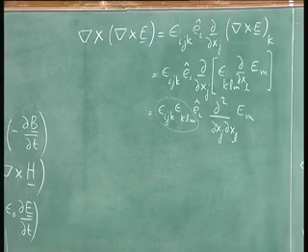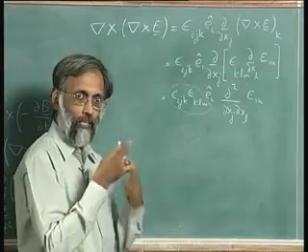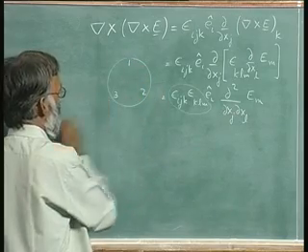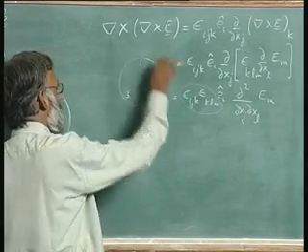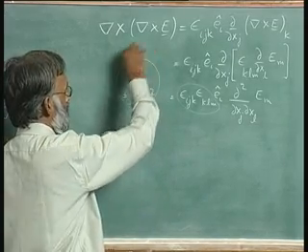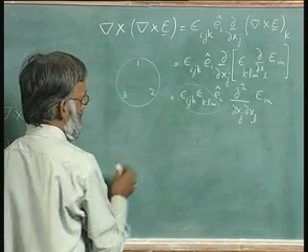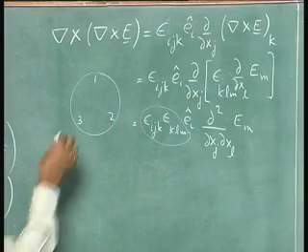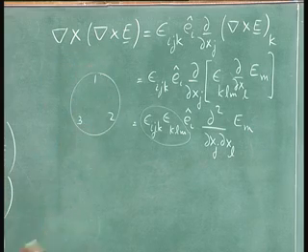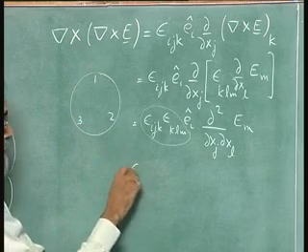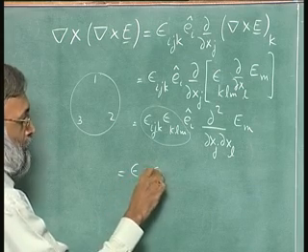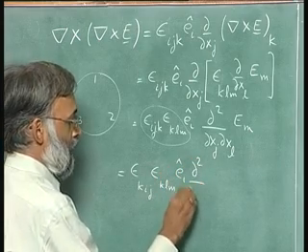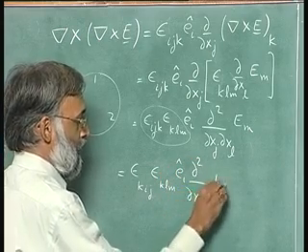As I told you, epsilon ijk only cares about cyclic or anticyclic. That is, you can write your circle, put 1, 2, 3. If ijk involves going clockwise, it is 1. If ijk involves going counterclockwise, it is -1. So, if I have got 1, 2, 3, I can write 3, 1, 2. Both of them involve going the same direction. So, I can write this down as epsilon kij epsilon klm of E_i del square del x_j del x_l E_m.